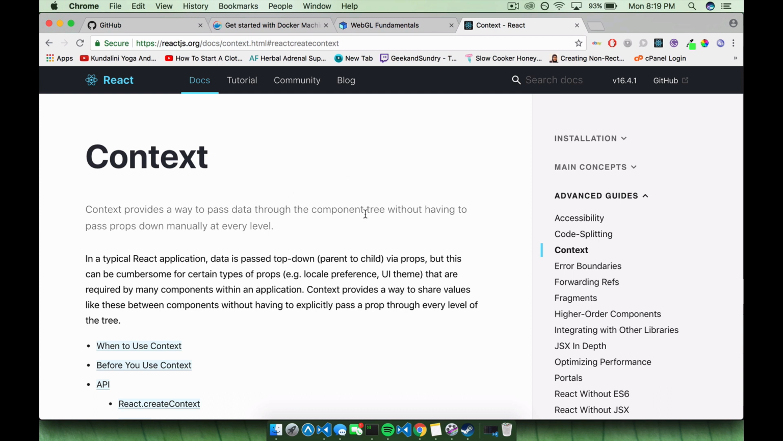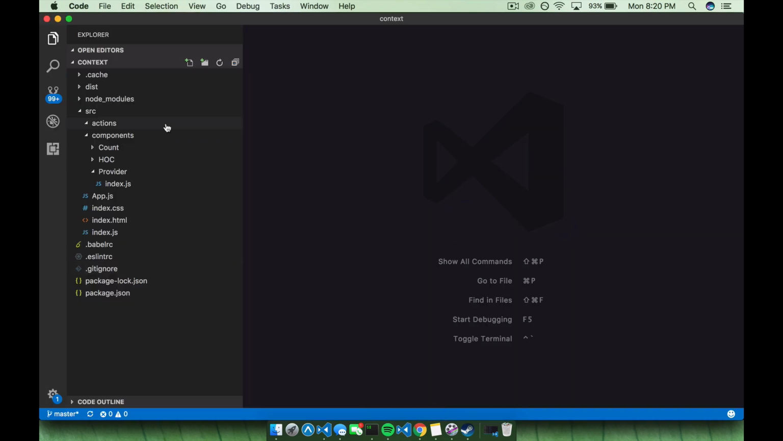So to start off, I'm here on the context doc page on reactjs.org. If you want to take a second and pause the video and read through this, you can, just to get a little bit more reference on the API and how to use it, but I'm going to explain to you how to. So if we switch over here, I have a basic counter application that I built out previously